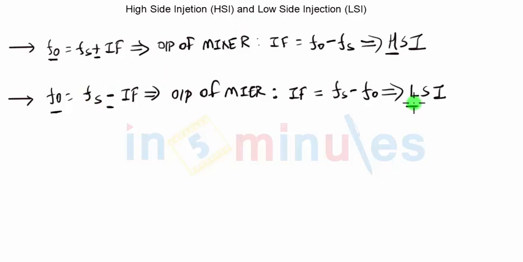Now let us try to understand why we always prefer HSI and we do not prefer LSI. We do not prefer the low side injection. In the entire discussion that we had in the superheterodyne receiver, till now we had always considered HSI, in which Fo is Fs plus IF. That is because it has some very good advantages over LSI. Let us discuss that. We have seen that for a double sideband full carrier AM signal,